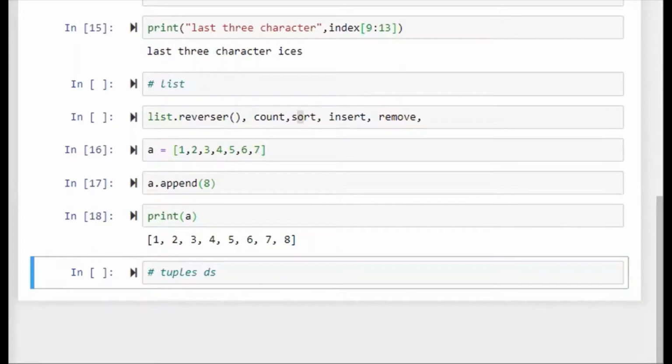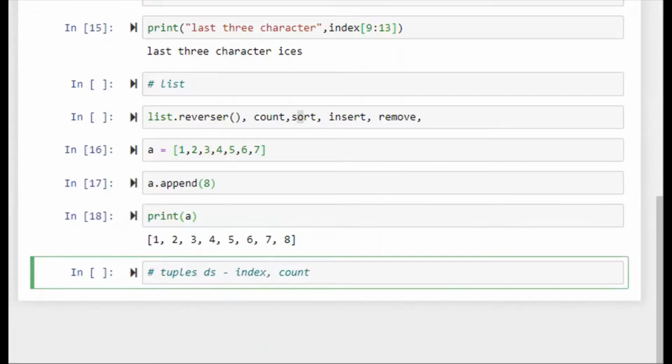Index and count are its favorite commands, used for indexing and slicing as well.